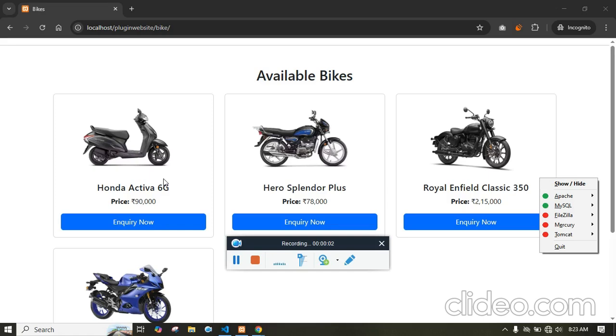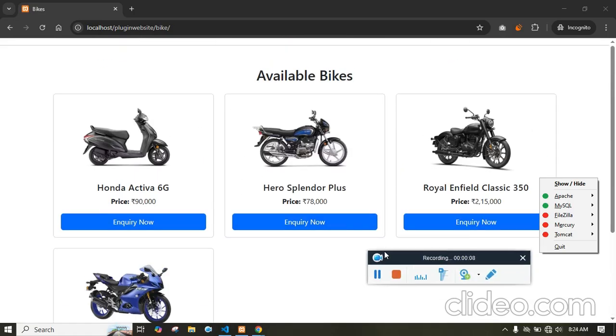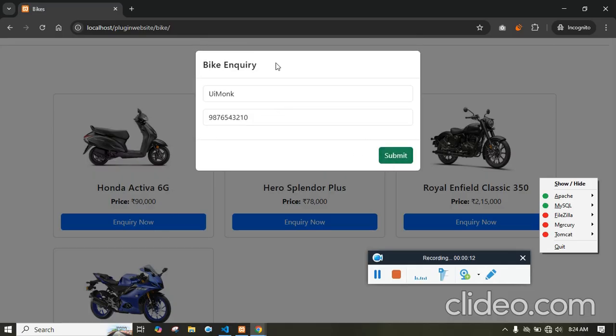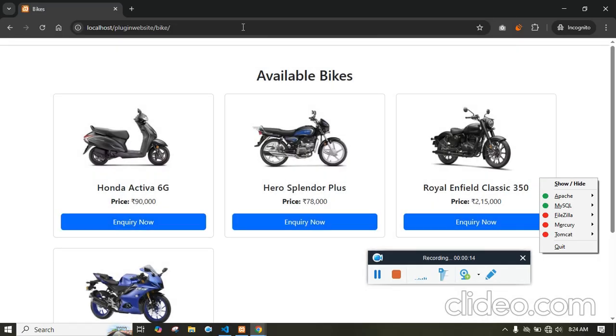Alright, in this video we'll see how to create a plugin that will show this archive page. It will not just list the bikes, it will also allow us to add an inquiry. So let's say I'm going to inquire as a